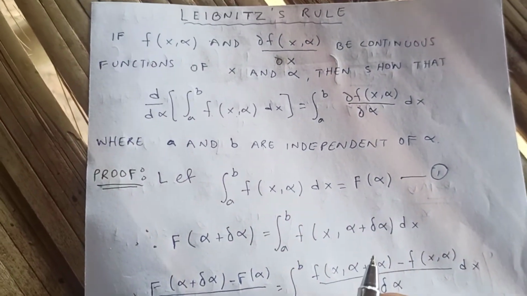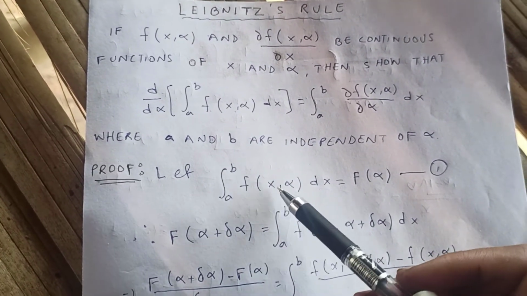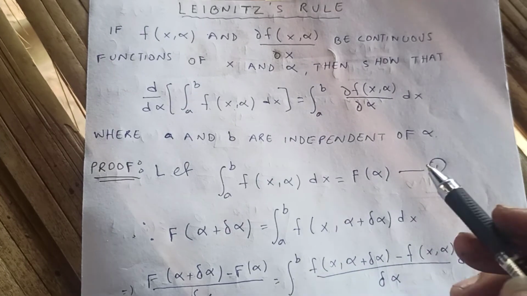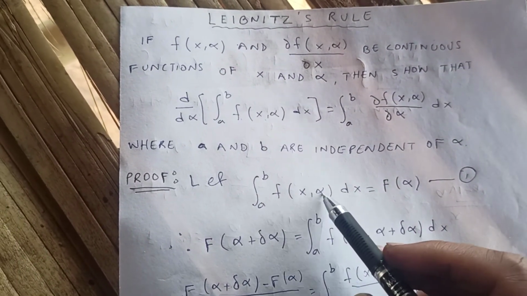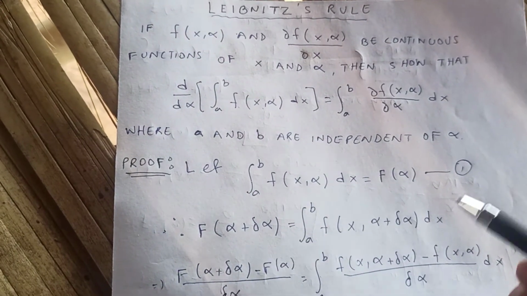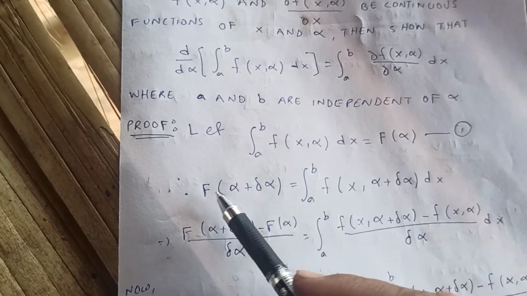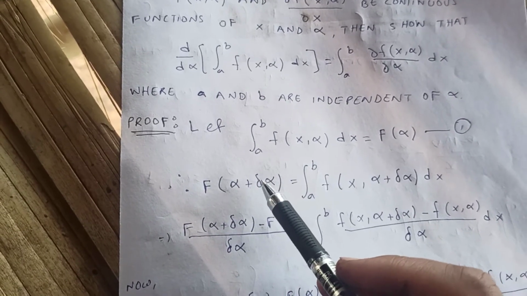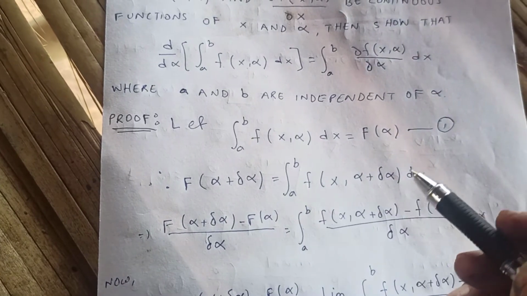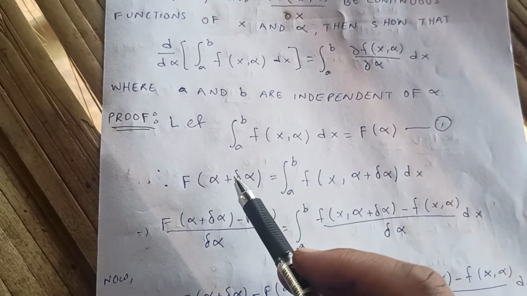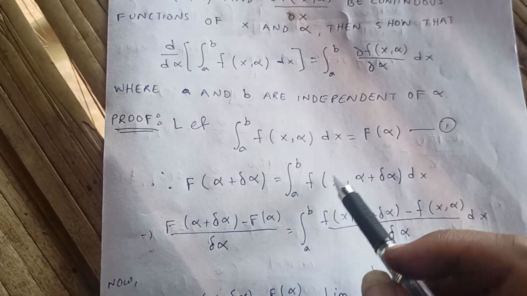Let's get started. Now let the integral from a to b of f of x comma alpha dx be equal to capital F of alpha. We name it; this integral is F of alpha. So equation 1. Now F of alpha plus del alpha, where this is what we call delta, del alpha,